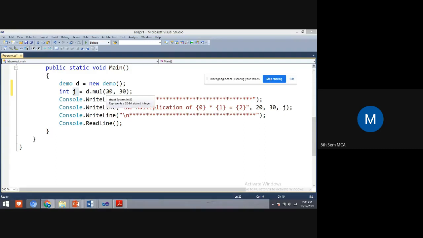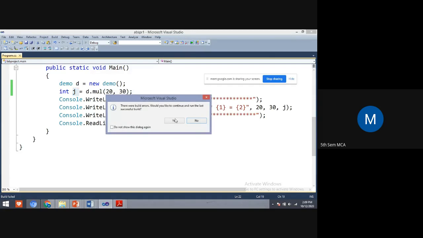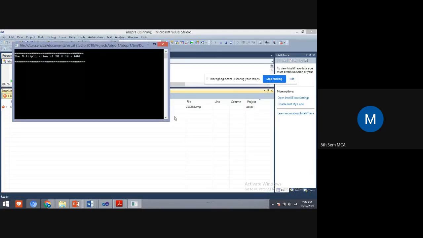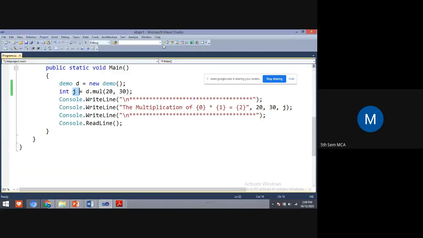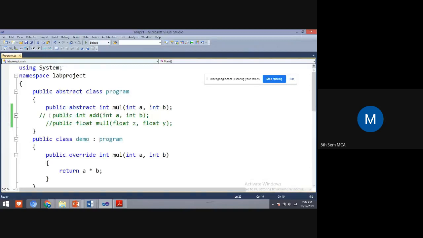So a value is 20 and b value is 30. So 20 into 30, how much? 600. What will be the output? Yes, 600 will be the output. This is an abstract class.